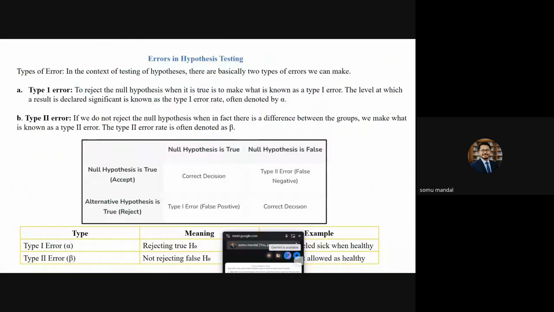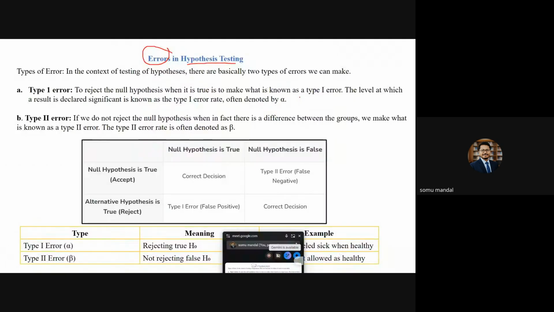There is another important terminology which relates to hypothesis testing. This is called the error. Suppose sometimes we actually reject the true null hypothesis. Rejecting a true null hypothesis means, suppose you have already mentioned the hypothesis and objective in your thesis or research paper, but your data set is limited and you are not getting your desired result. Then you try to manipulate the result, and that manipulation creates a troublesome situation.